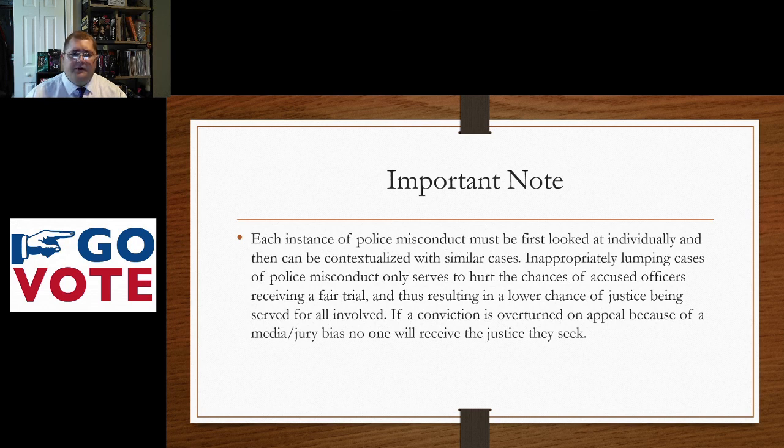That's why it's very important, again, to look at these cases individually, let them run their course through the criminal justice system, and then once we have an actual outcome from the people that society, that government, whether it's a city, a state, whatever, has decided to allow to make those decisions, once we have that outcome, then we can gauge it.